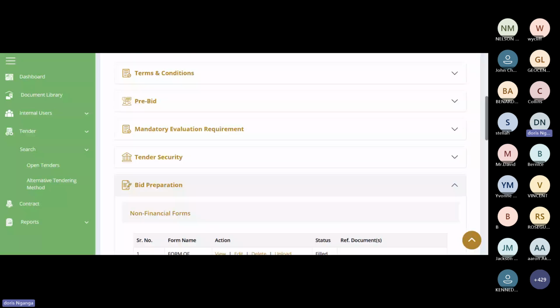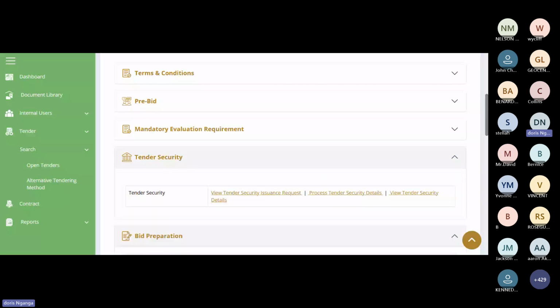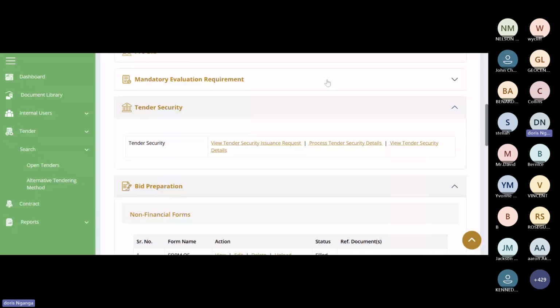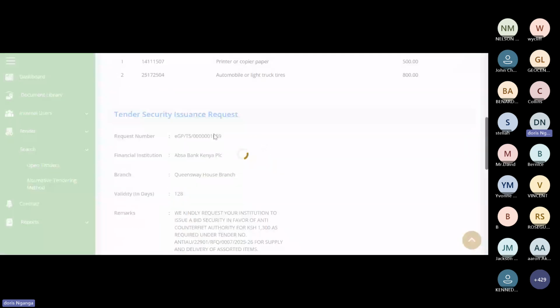So I'll come to the tender security. By now, my bank has already processed my tender. Remember, you communicate with your bank offline so that they know that your bid security is pending in their system. So once you come to the tender security, you can view the tender security issuance request as you gave it to the bank.